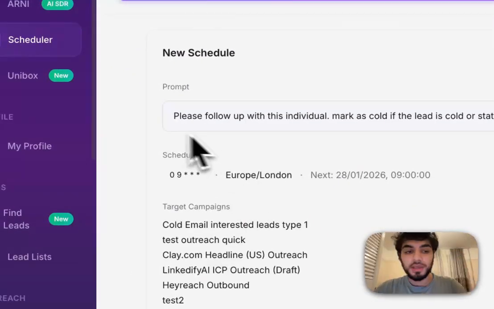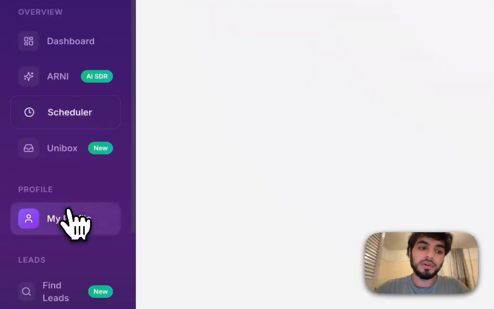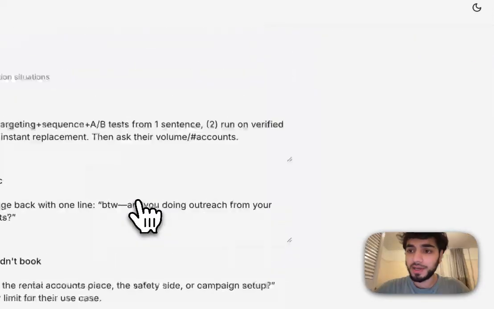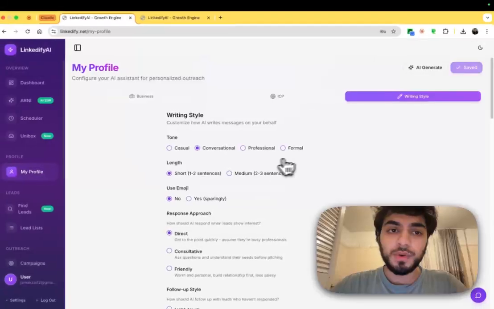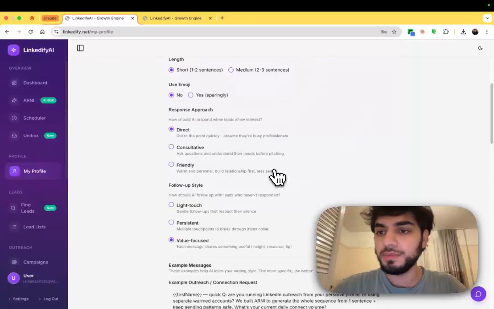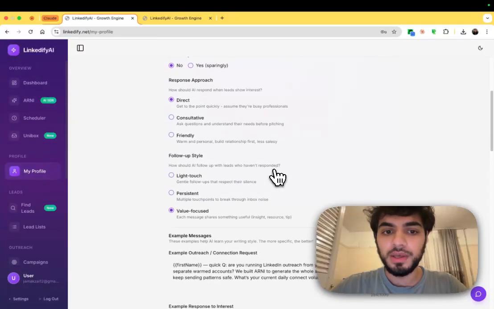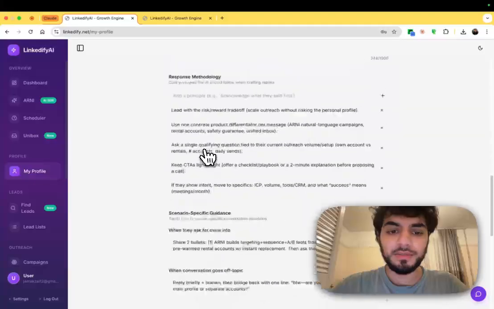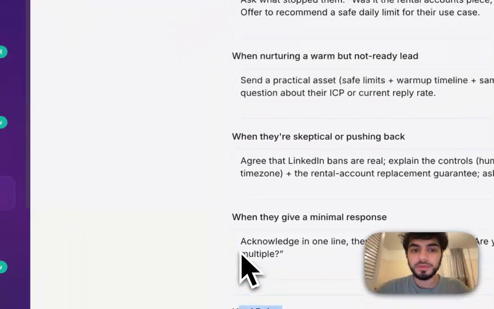Okay, now how do you actually set up those guardrails? In our second video, we actually went over the My Profile section, specifically the writing style, right? So the writing style is where you want to start. We don't have a feature which simulates the conversation between clients. We will add that very soon, but for now we have this system which adds these really good hard rules